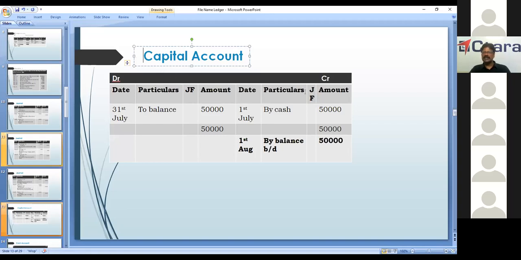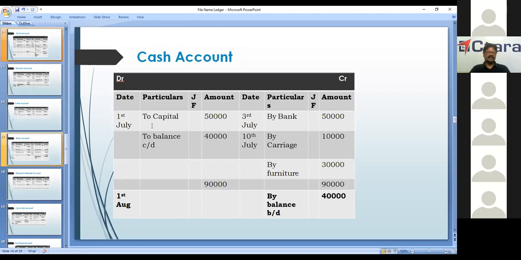Right? Capital being a credit item, we have to write 50,000 on the credit side and then received in the form of cash. So it is by cash 50,000. On the other side, because we have to balance the account, you write here also 50,000 and balance the account. Hope you understood this. Then next,